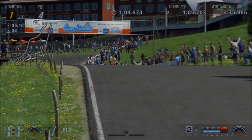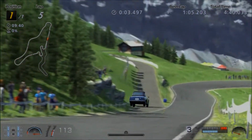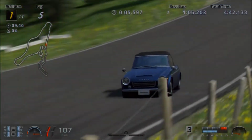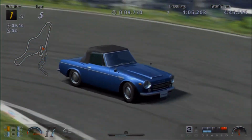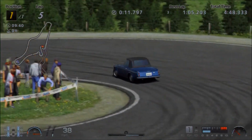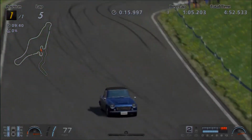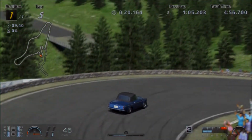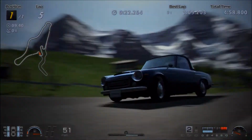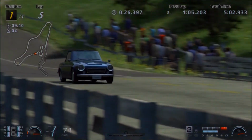So although it's not necessarily a perfect beginner's car at 55,000 credits, it's not that unattainable. It's certainly a lot cheaper than something like a Prince Skyline, for instance, at 320,000, or many other classics, the BMW 507 or the Mercedes Gullwing. It's far more affordable than many of those other cars. So although I wouldn't say that this is a car which every classic enthusiast must buy, I would definitely recommend giving it a look,